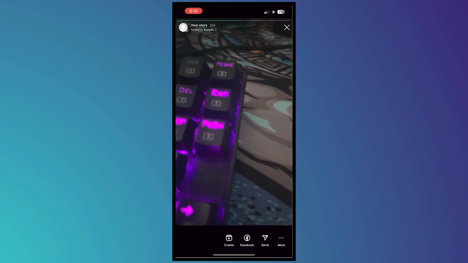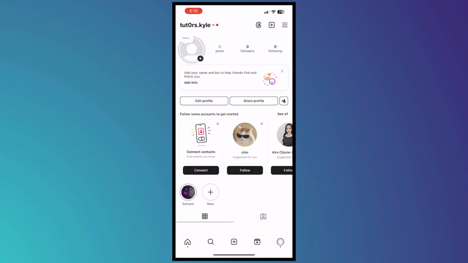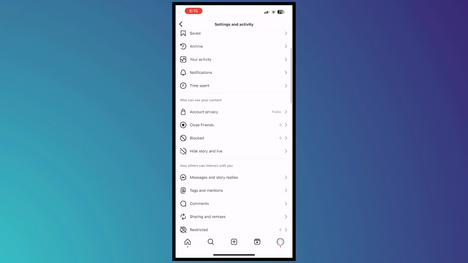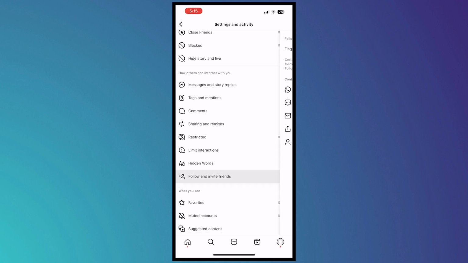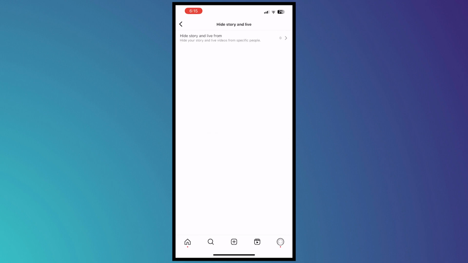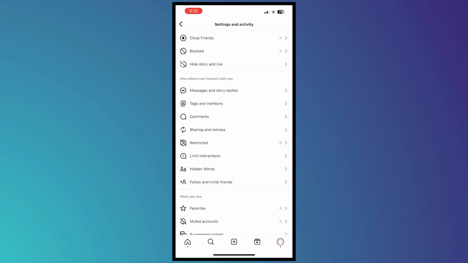All that's left basically is to wait for this story to expire right here. After that you can change back your hidden followers so that they would be able to see your story next if you would like that. You can just uncheck them in here, tap on Done, and that is basically it on how you can do it. So I hope this